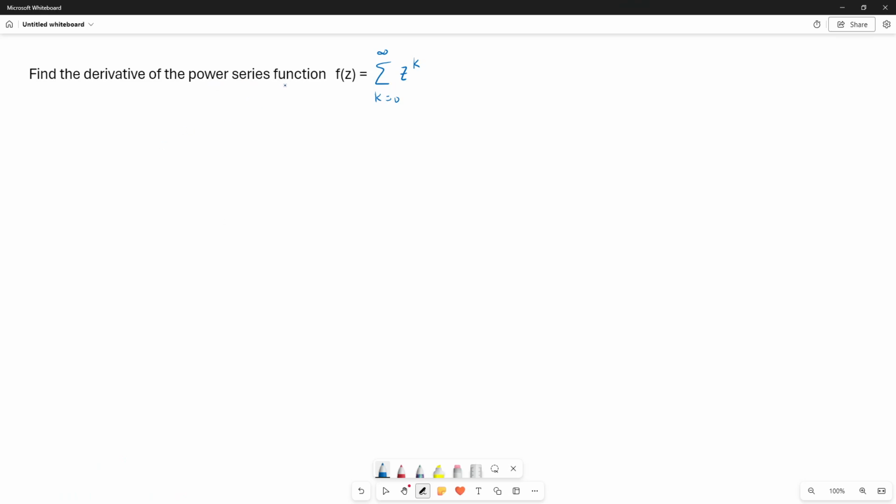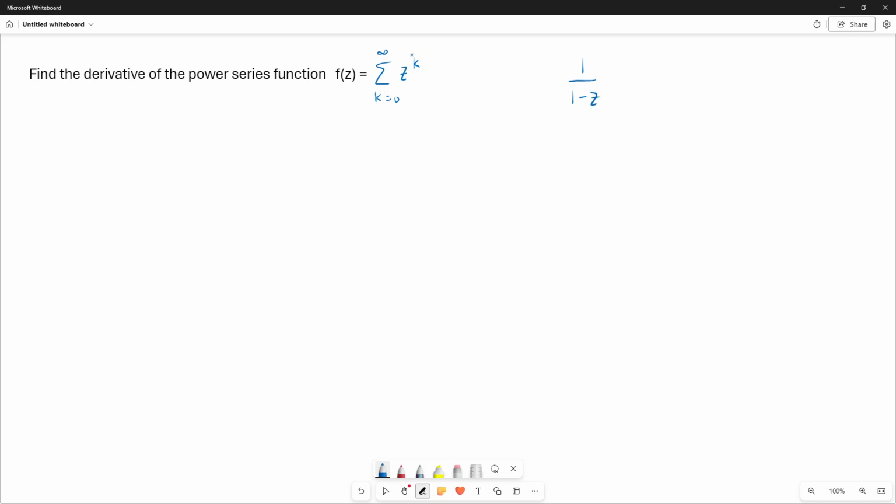Find the derivative of the power series function f of z equals the summation k equals 0 to infinity of z to the k. So first of all, this is the function 1 over 1 minus z, because this is a geometric series with